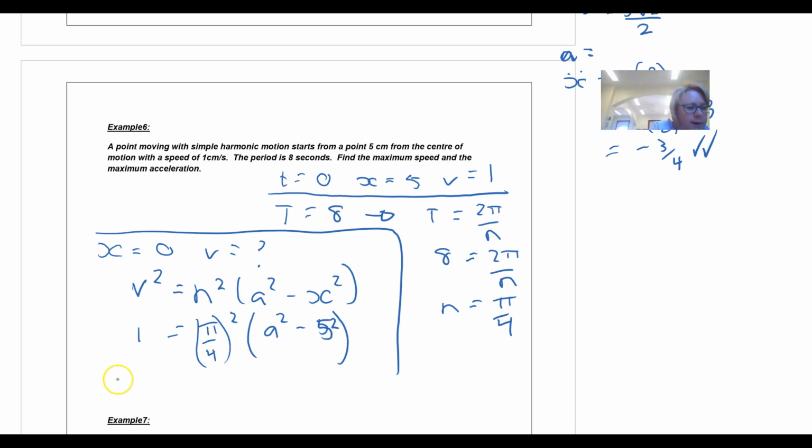So when I rearrange that, I get a squared is equal to 16 on pi squared plus 25. I just left it as a squared because what I want to find is v when x equals 0. So if I sub it back in,